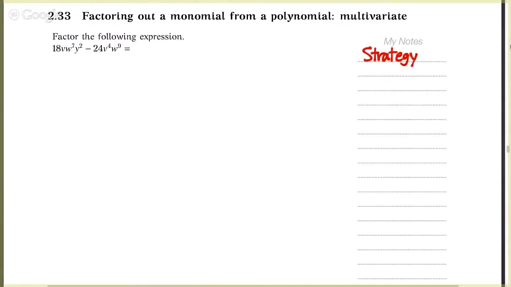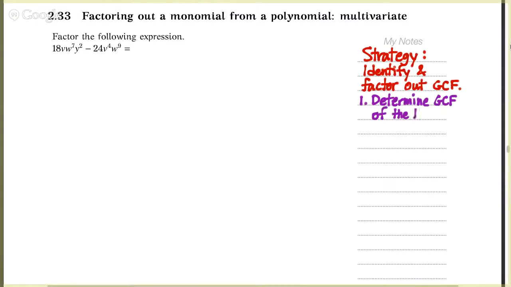So what's our strategy? The first piece of the strategy is going to be to identify the greatest common factor between the terms in this polynomial. Once we've identified it, we want to factor it out. What does that look like? Well, after we go through the process of determining the greatest common factor of the two terms, 18v w to the 7th y squared and 24v to the 4th w to the 9th, what we're going to do is use